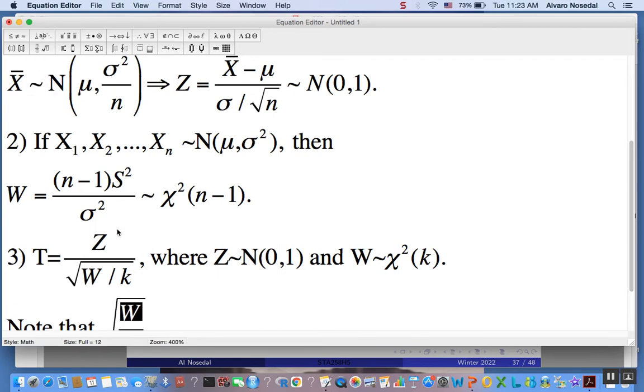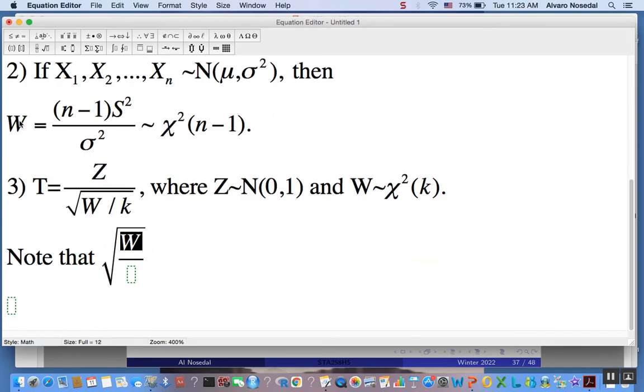So in our case, our W has n-1 degrees of freedom, and the definition of a T distribution requires us to divide that W by its own degrees of freedom. So in our case, we have to divide by n-1, right? But if you do that,